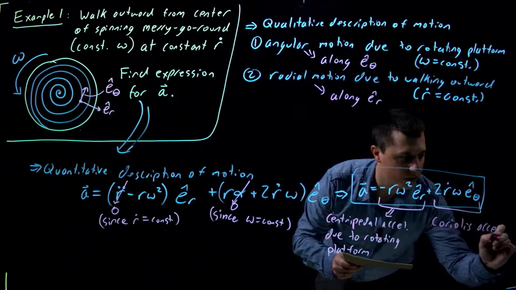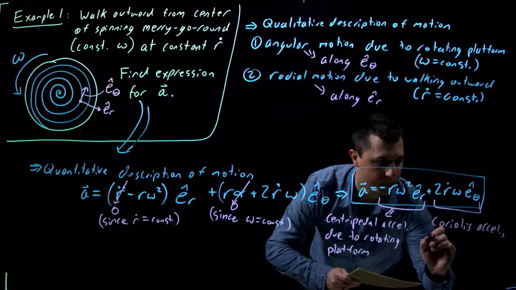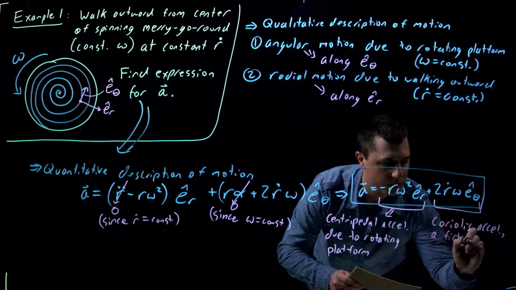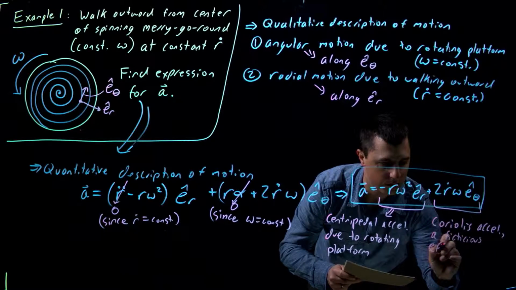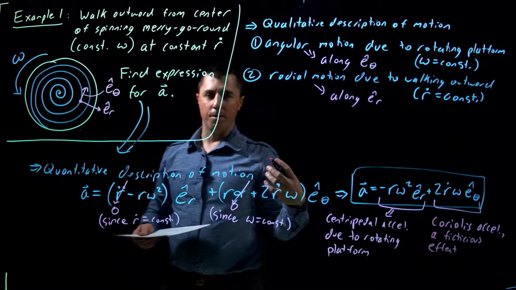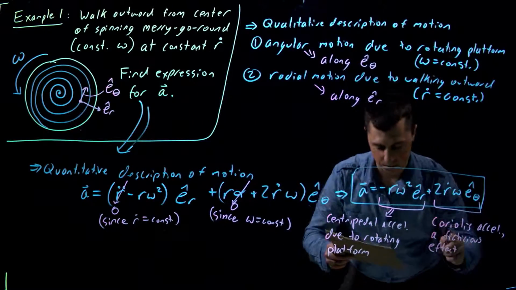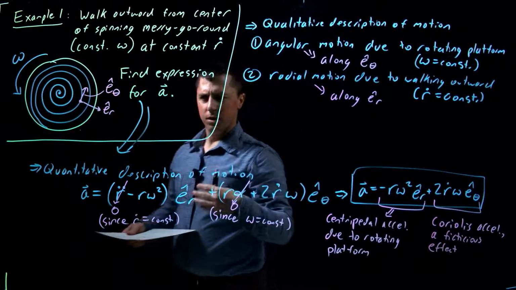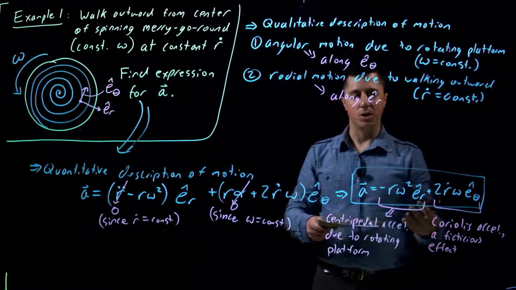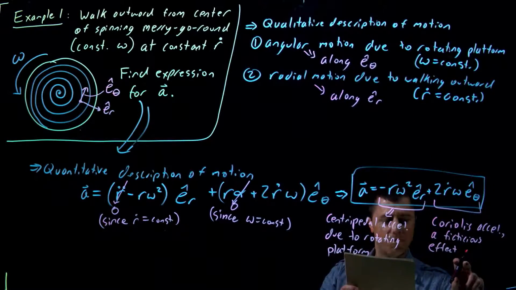Okay, and this is now a fictitious effect resulting from the rotating platform, resulting from the rotating reference frame, let's say. So Coriolis acceleration, a fictitious effect. If we include it like this, basically this is not something that shows up in our description of the motion here, right? It's not something that the actual person is doing. It's just the fact that they're in this rotating reference frame. So it's not their motion themselves. It's a combination of their motion together with the motion of the actual reference frame. So this is a fictitious effect